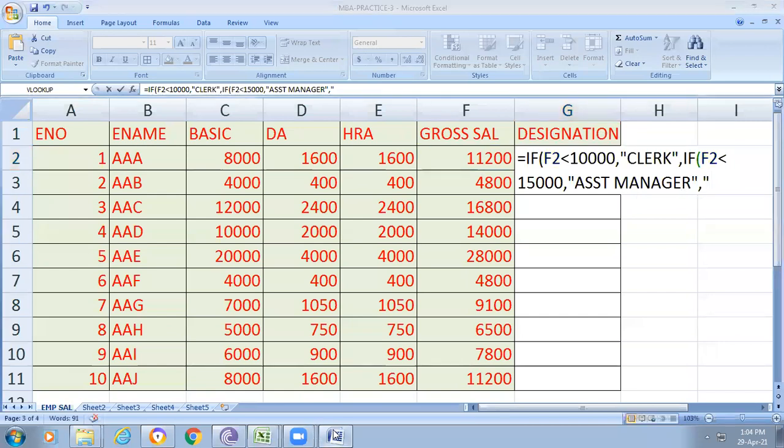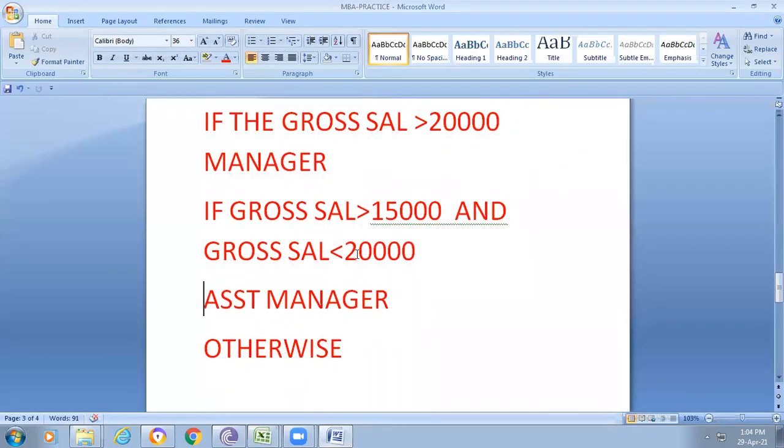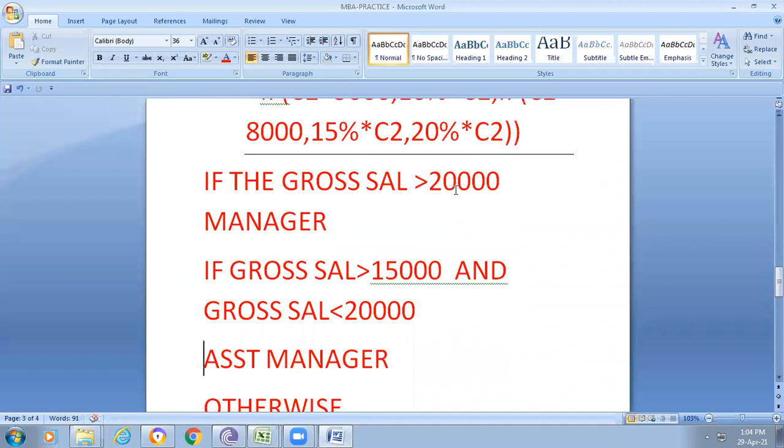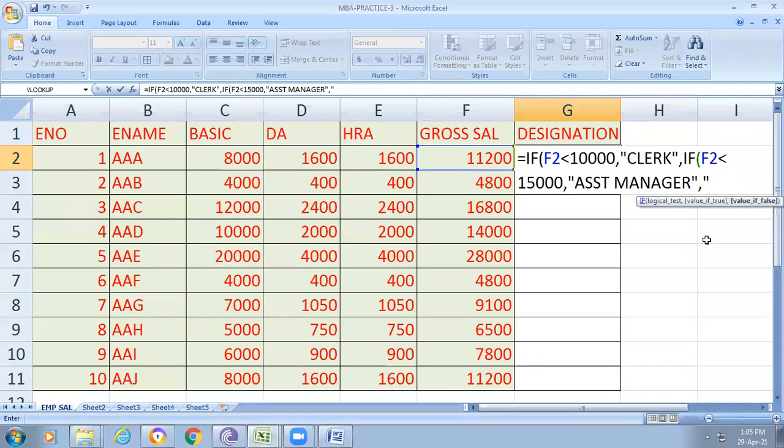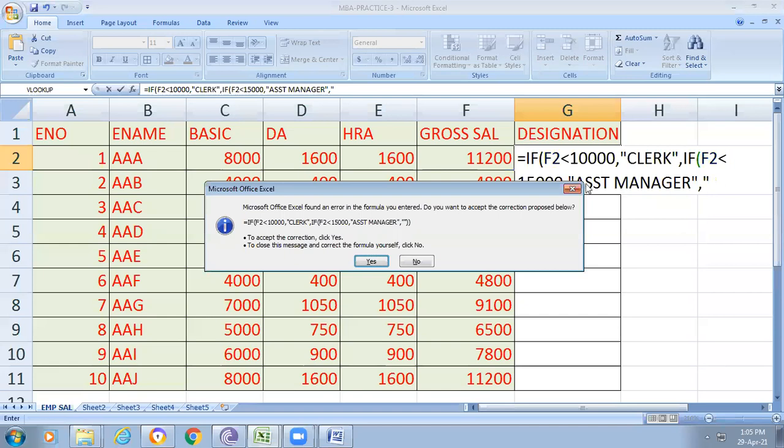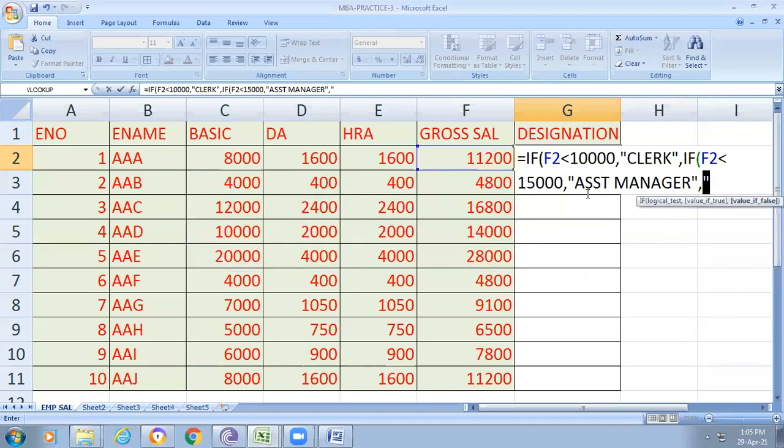Sorry, here I'm considering what is my condition. First of all, gross salary greater than 20,000, manager. Gross salary greater than 15,000, assistant manager. Am I right? Then we can change this. Simply remove this.